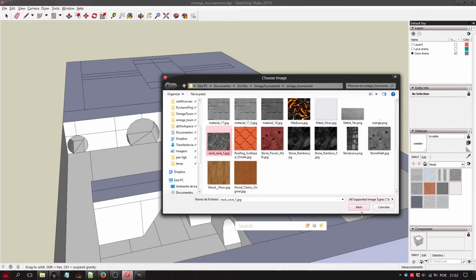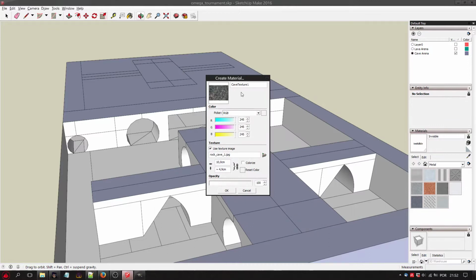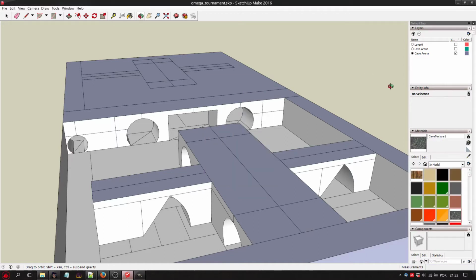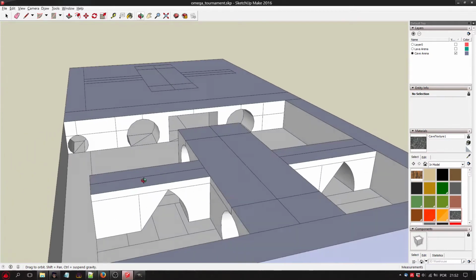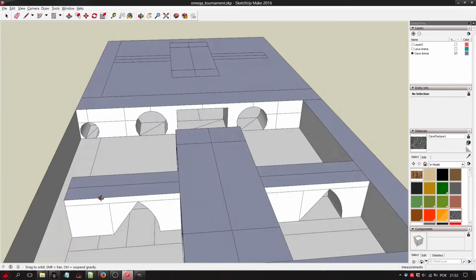It's this one. Okay, we'll leave the remaining options as is. Okay, so now we have this texture in SketchUp.